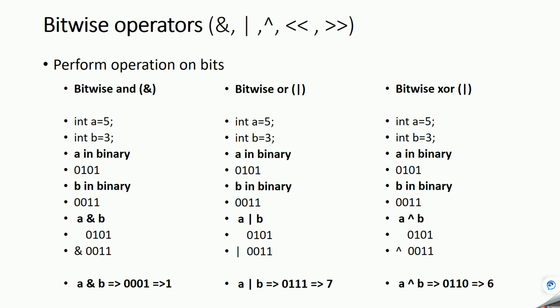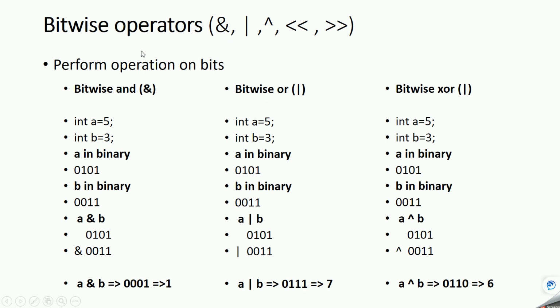In this video, we are going to see another operator called the bitwise operator. This operator is used to perform operations on bits. As we know, computers understand only 0 and 1, and everything in programming can be represented using 0 and 1. Basically, we represent all numbers in binary format. Sometimes it is required to perform some operations on bits.